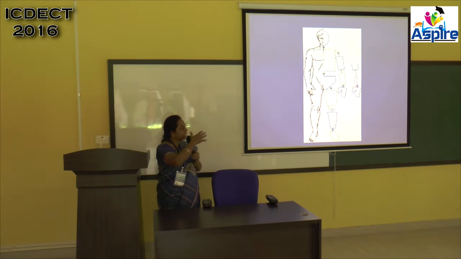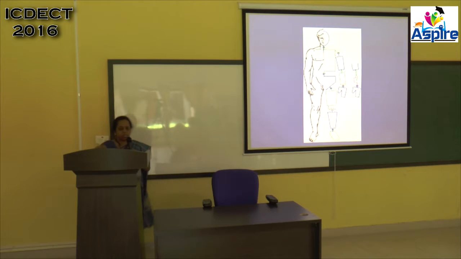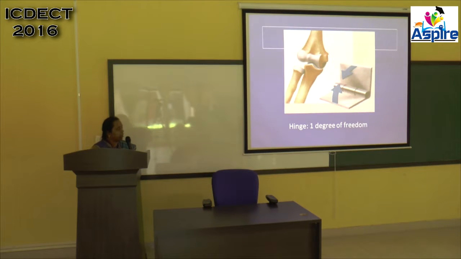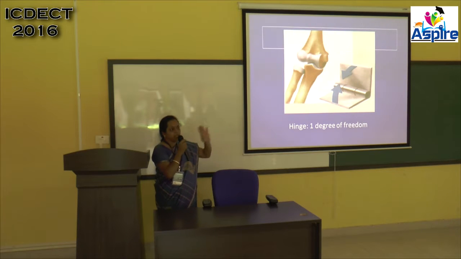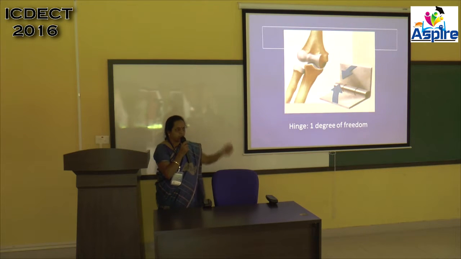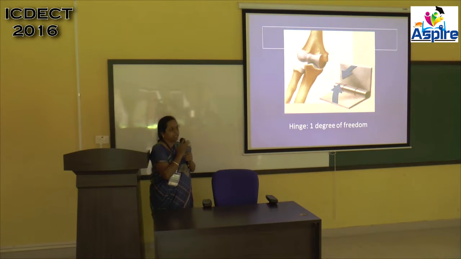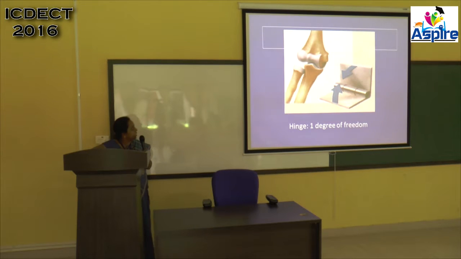So in short, I will be telling you how the dictionary has been generated. If you see one example I am taking, this is a knee joint. It is mainly based on the degree of freedom. If you see the finger, there is 1 degree of freedom. If you see the elbow, there is 1 degree of freedom. If you see this joint, here you are having 2 degrees of freedom, one circular and up and down. Maximum you can have 6 degrees of freedom, but in the body you can have up to 3 degrees of freedom. So based on the degrees of freedom, you should have the replacement possible.